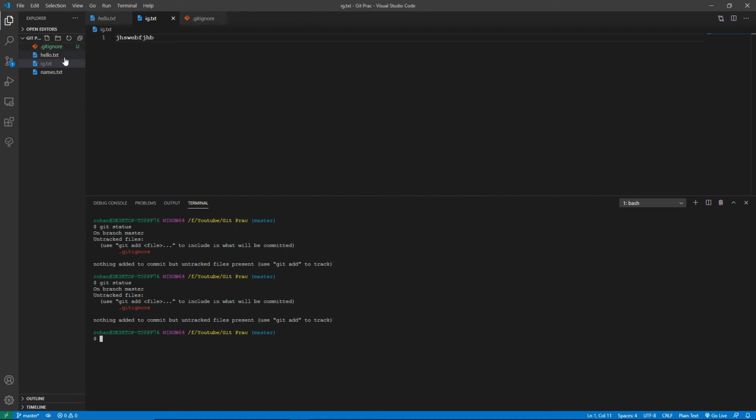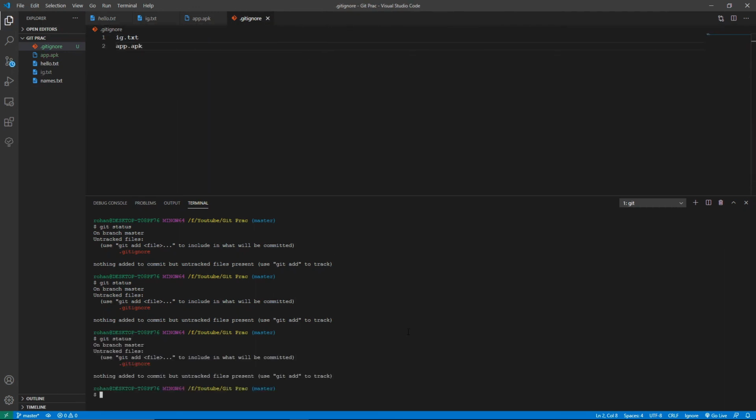So it is usually best practice to have the folders or APK in this .gitignore file. Suppose there is an APK generated in your folder, so it is tracked and pushed by the Git system to the remote repository as well. So if you don't want to track this, you can write app.apk out here. If you do that, it is not tracked. So like in Node.js you can have node modules, or in React you have a build folder, or many other instances like that where you don't want to track them and push them to the local repository.